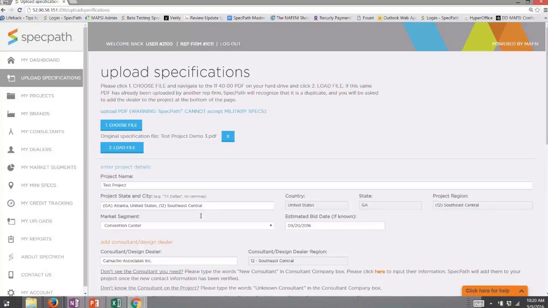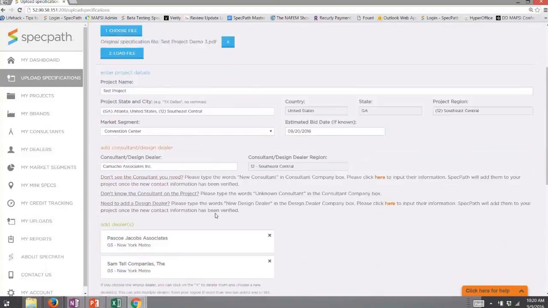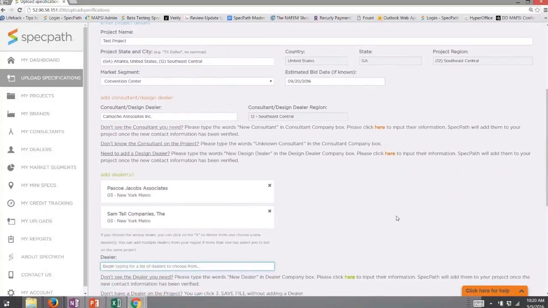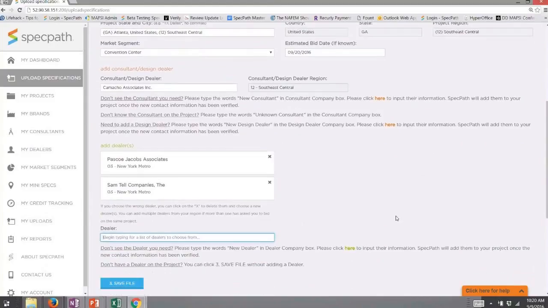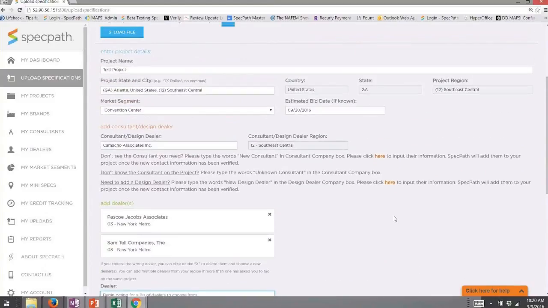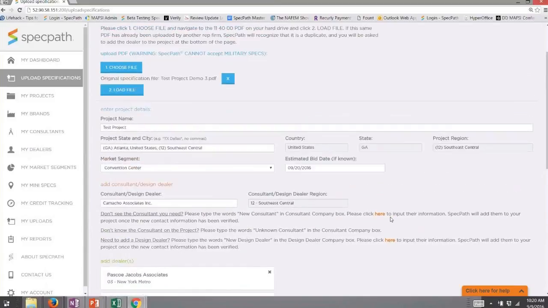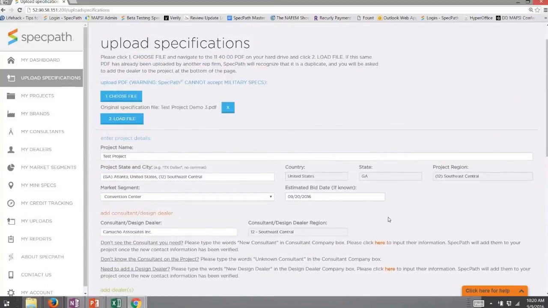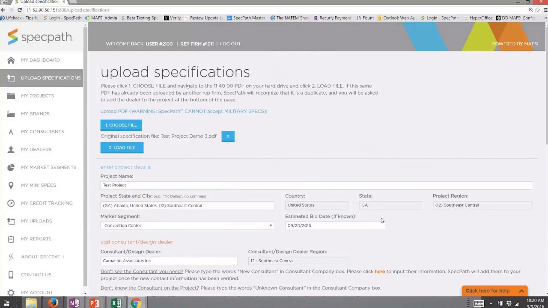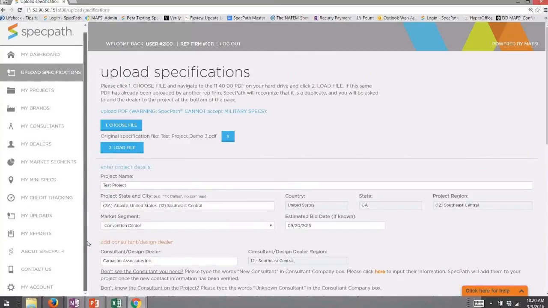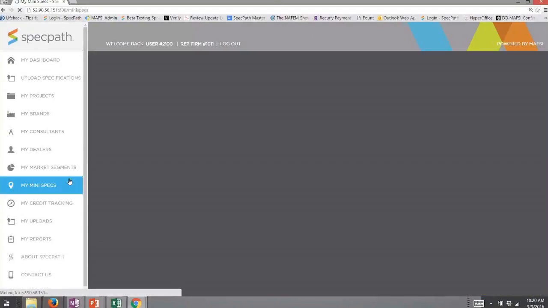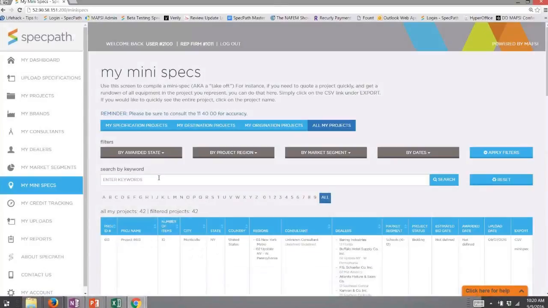At this point, we are just telling the reps that it's 24 hours. It was 48 hours when we launched on 7/11, and we intend to bring that down to an hour, if not a couple of hours, by December 31st. So our hope is that the reps can also use this system to quote, because as soon as the spec is uploaded, and I'll show this to you on your site as well, if we can turn these around in a couple hours, then, if you can think about it, only parsing the stuff